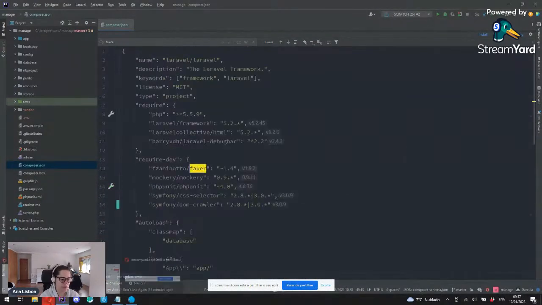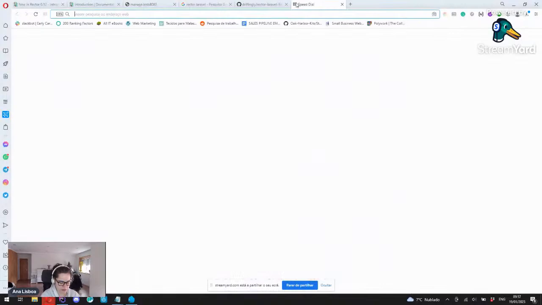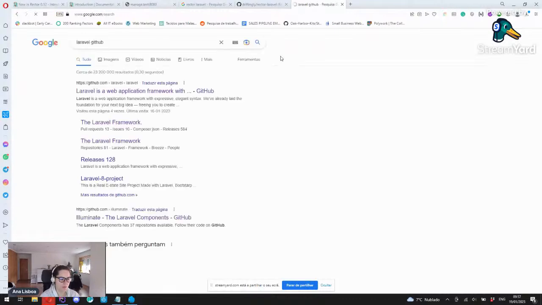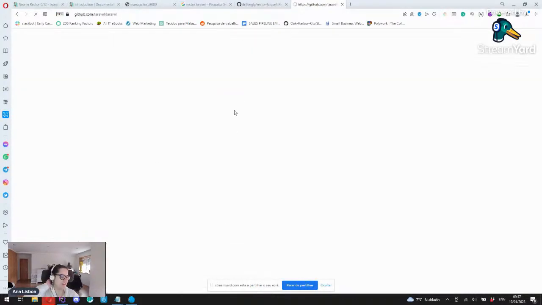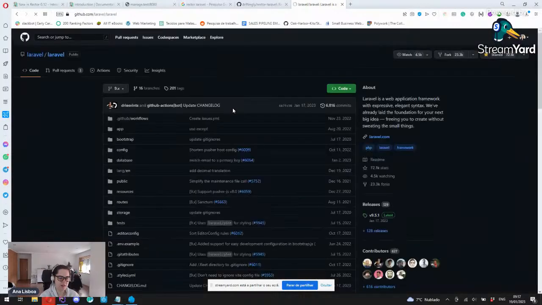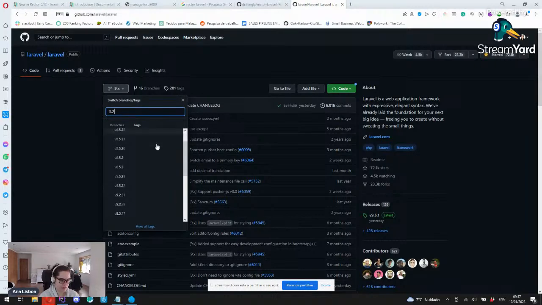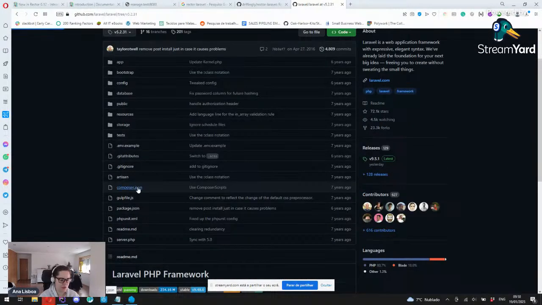Maybe what we can do is go to the Laravel Git page, GitHub, and pull the latest composer.json for the latest 5.2 Laravel version and see if that helps. 5.2, can we get something? So 5.2.31, yeah, let's go with this one. Let's see the composer.json